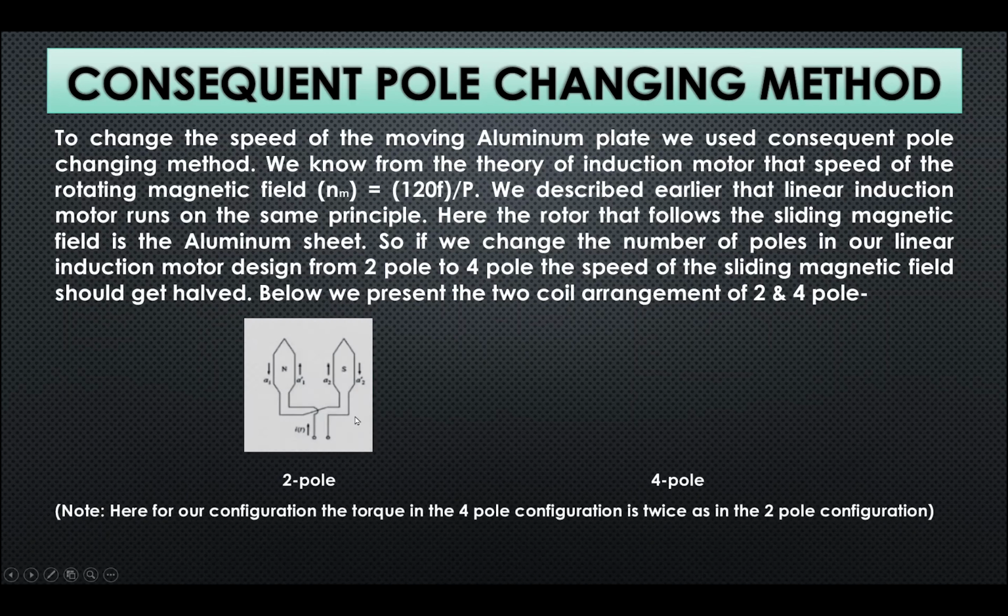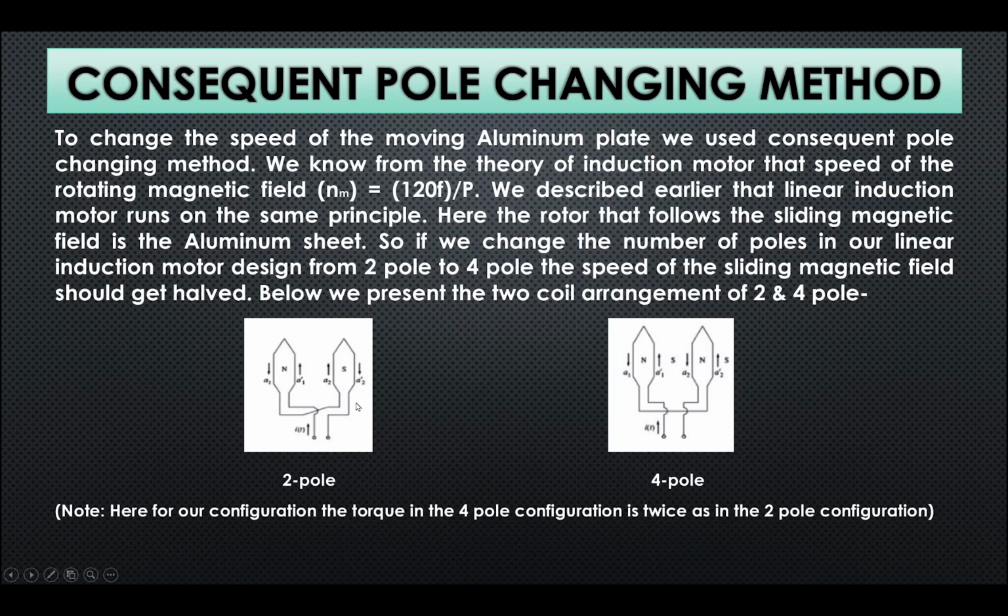Here we have two pictures of the same two pairs of coils. In this picture, this coil has a counterclockwise rotating current and this coil has a clockwise rotating current. If we use our right-hand rule, we get a north pole here and a south pole here, hence a two-pole machine. In this picture, we have a counterclockwise rotating current here, but also a counterclockwise rotating current here. So we get two north poles in these coils. Because of these two north poles, we get two weak south poles here.